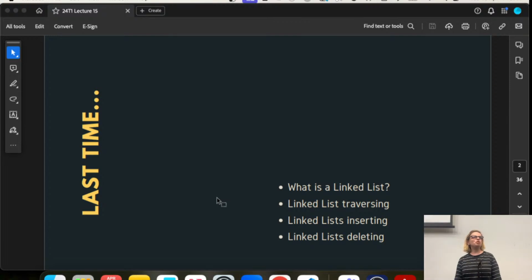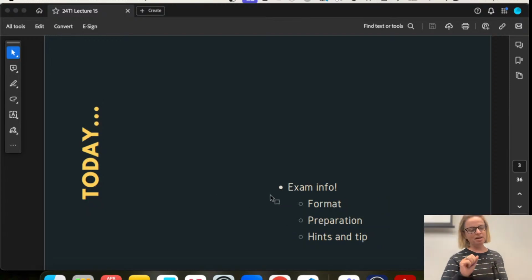Okay, so you have had a lovely few weeks with the lovely Tammy doing linked lists. She has done a lot of diagrams, and she has talked you through the whole of linked lists, which I'm a bit devastated about, because I love linked lists and I love drawing linked lists. So you've done traversing, you've done inserting, you've done deleting, and now you're doing the assignment, so now I guess you're doing even more linked list stuff in a different context. So that's a bit exciting for you.